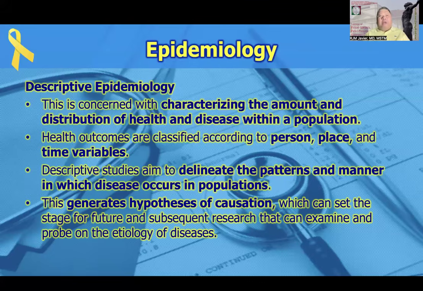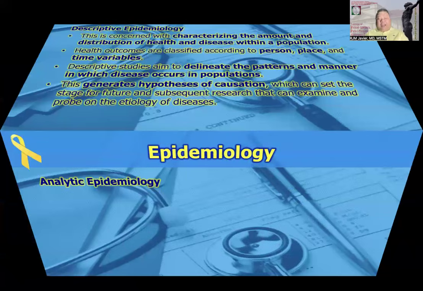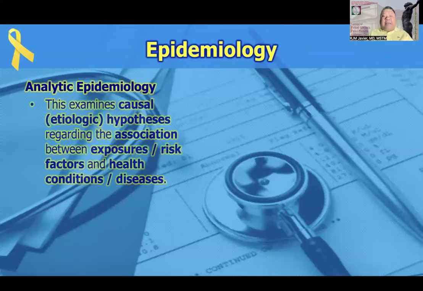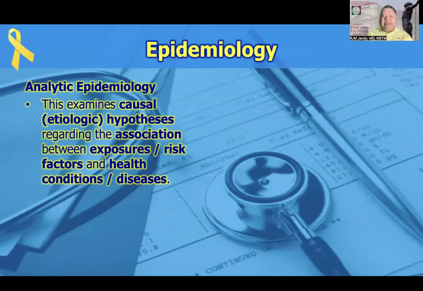In terms of epidemiology, there could be various relationships among variables, but in particular for disease causation, we are really interested with association of risk factors and how they precipitate or how they can result in the development of overt disease outcomes. In contrast, analytic epidemiology would examine causal hypotheses regarding the association between exposures or risk factors and disease